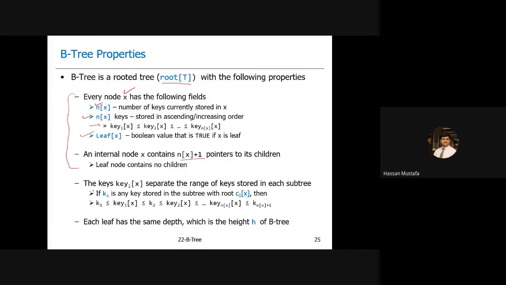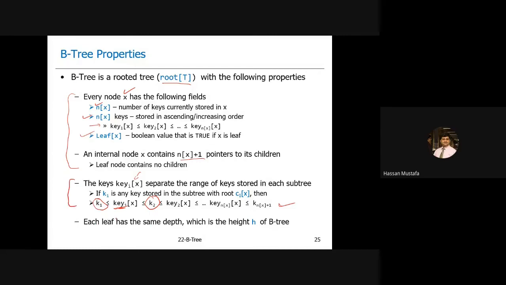And then for the rest of the properties, the keys: for example, as we just saw, if we represent key i of x as the value in the root node, then the keys in the left child should be smaller than the first key of the parent node, and the keys in the right child should be bigger, and this goes on, and it makes the tree a search tree.